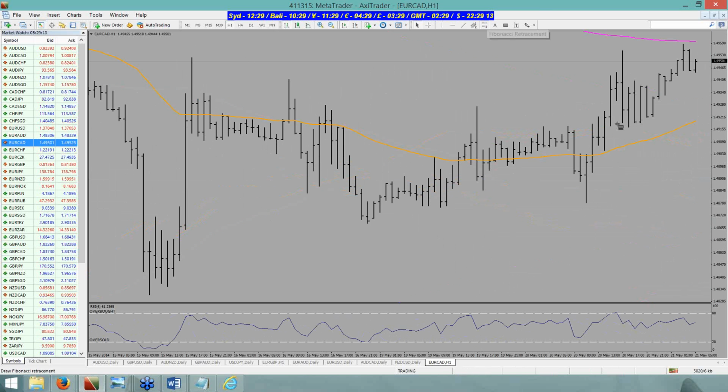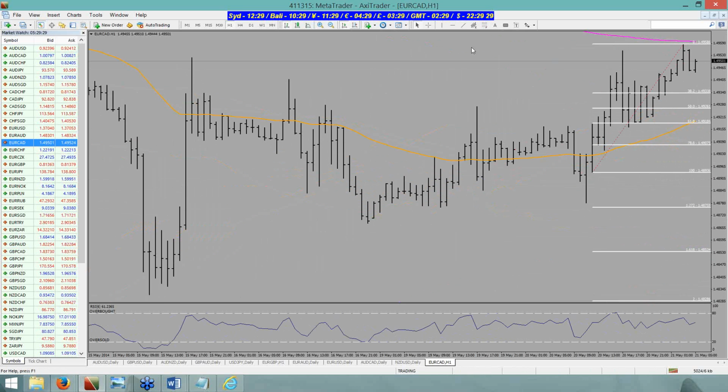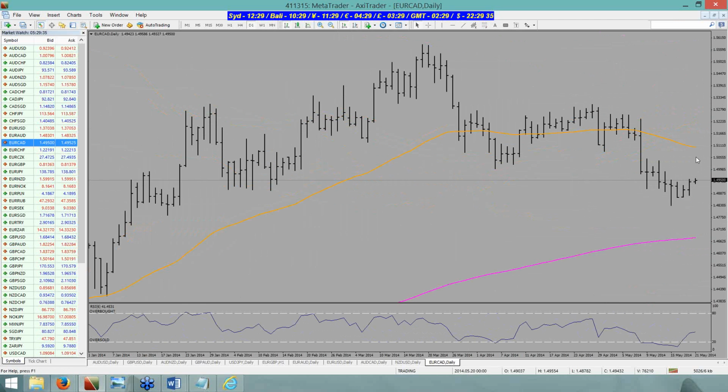So set this one up. Let's try and find some opportunities in here on the hourly, somewhere around here. I prefer to be short this, and that's what I'm waiting for, is a shorting opportunity. But in the meantime, there could be a little pullback here that we could participate in. I hope that sort of makes a bit more sense.